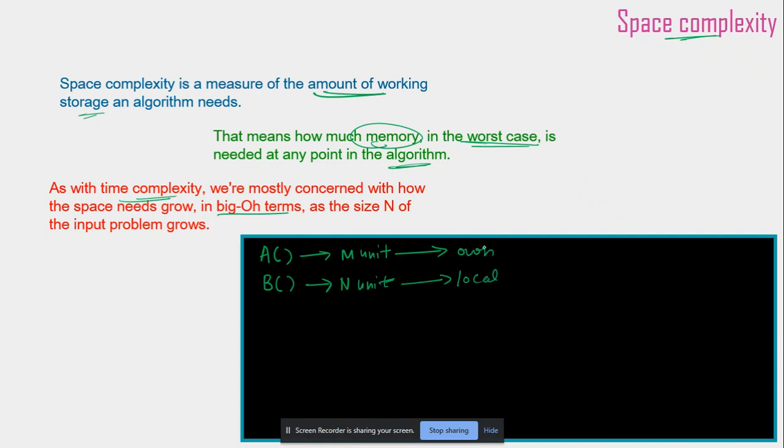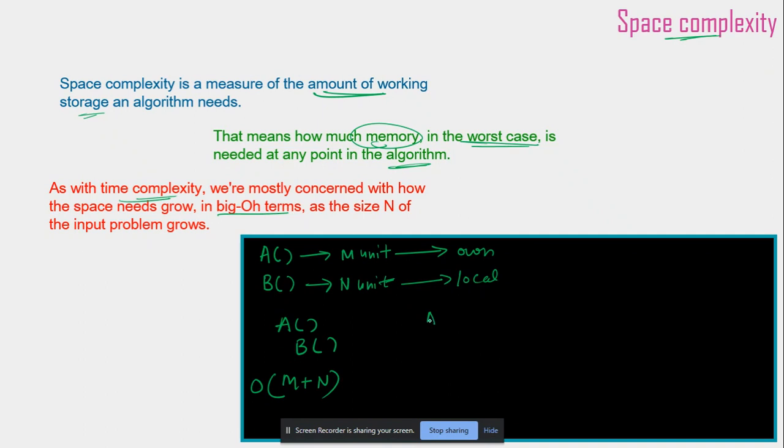Function a is calling function b. Let us consider a is the main function which is calling b, another function. So at this time, the space complexity will be m plus n, whatever space a is taking along with b.